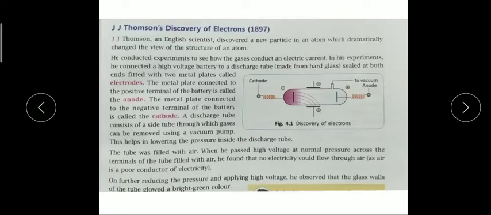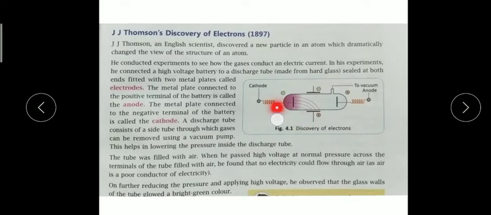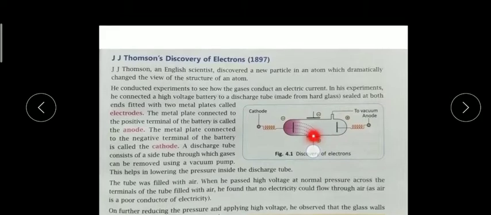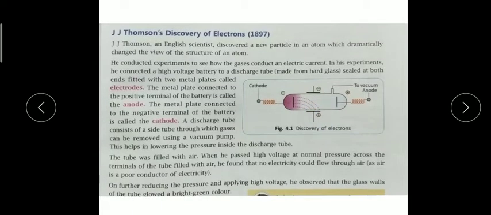What he found was that gases can pass electricity, and he observed the deflections also. As you can see here, all the rays deflected towards the positive side. He observed this; how he did that, I will explain. So remember the two conditions, very low pressure and very high temperature: only then can air or gases pass electricity, even though these gases are poor conductors.